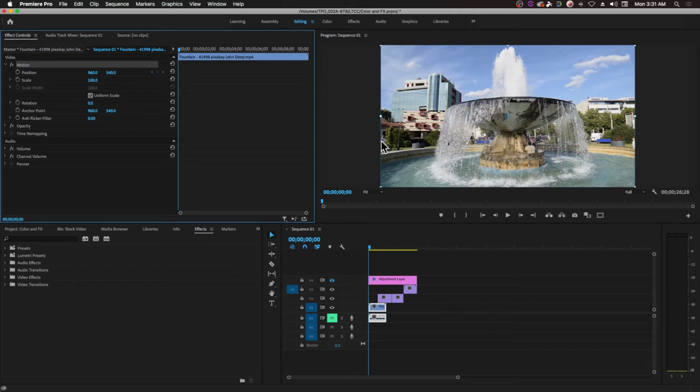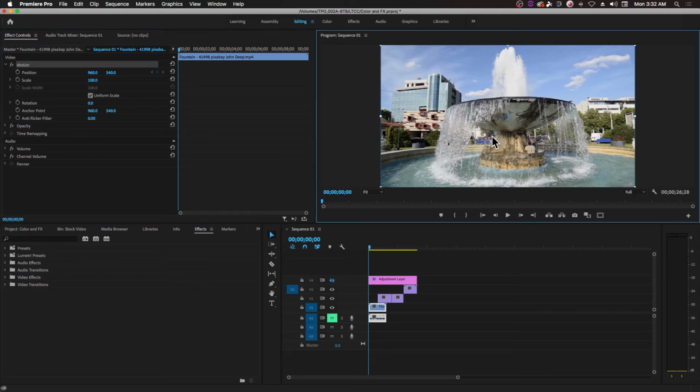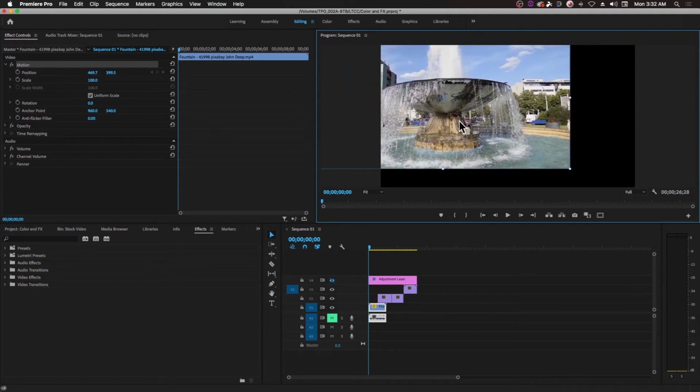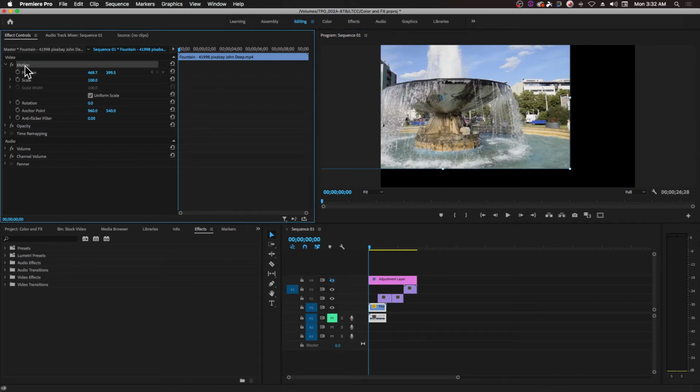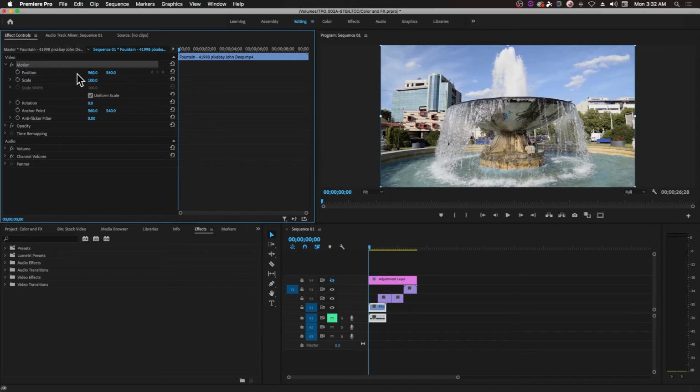you'll notice that it highlights the frame of the clip inside the program monitor. And now if I click over here in the program monitor and click and drag the clip, it will move around. This is only when this top level of the motion fixed effect is highlighted. And of course this means that it would be great and easy to keyframe effects in a quick and easy way. So if I were to undo that and start at the center,